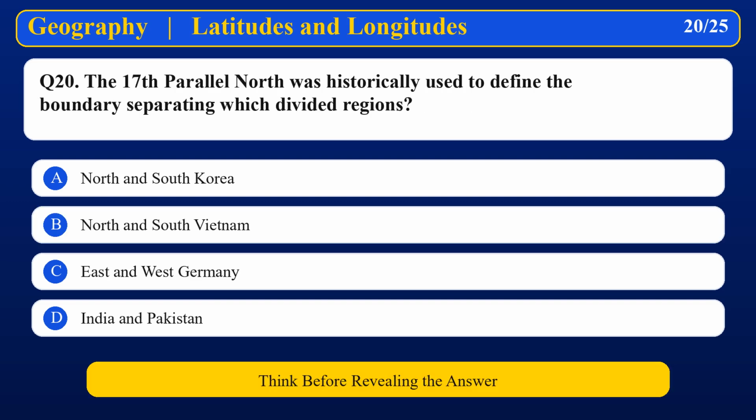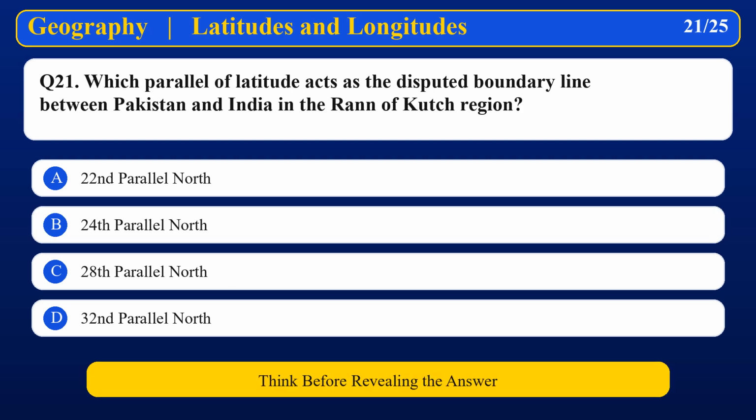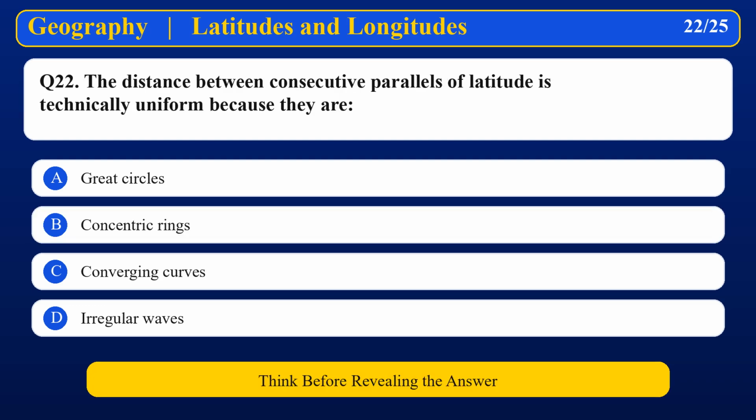The 17th parallel north was historically used to define the boundary separating which divided regions? North and South Vietnam. Which parallel of latitude acts as the disputed boundary line between Pakistan and India in the Run of Kutch region? 24th parallel north. The distance between consecutive parallels of latitude is technically uniform because they are